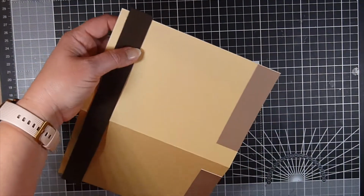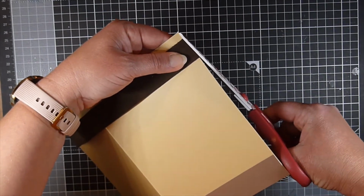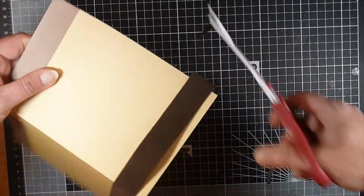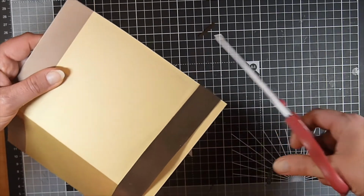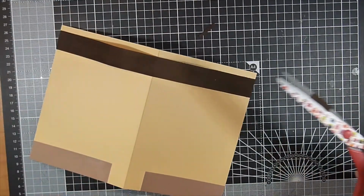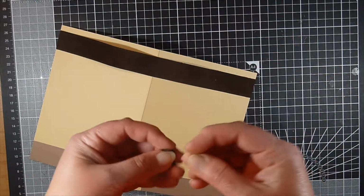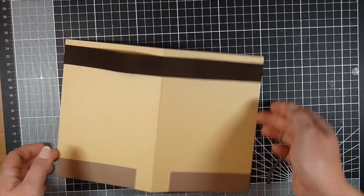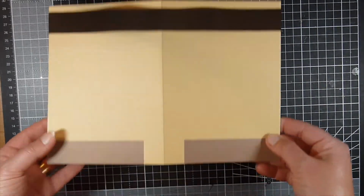And now all I'm going to do is just trim the edges of the ribbon off. You can just use scissors like me, or if you feel the need you can use a craft knife. I'm really not very good with a craft knife, although you'll see that in just a moment. So that is that little bit done there. I'm going to pop that to the side again,